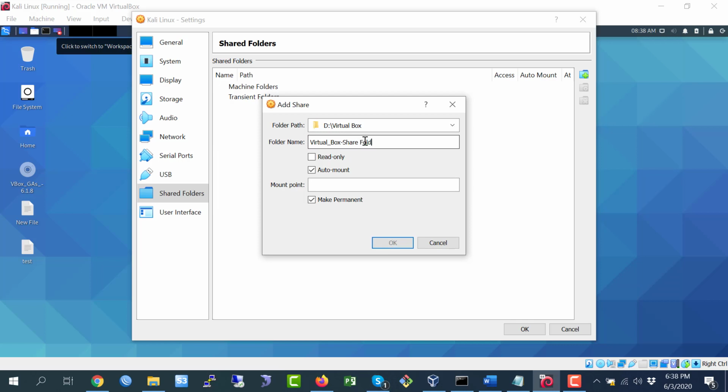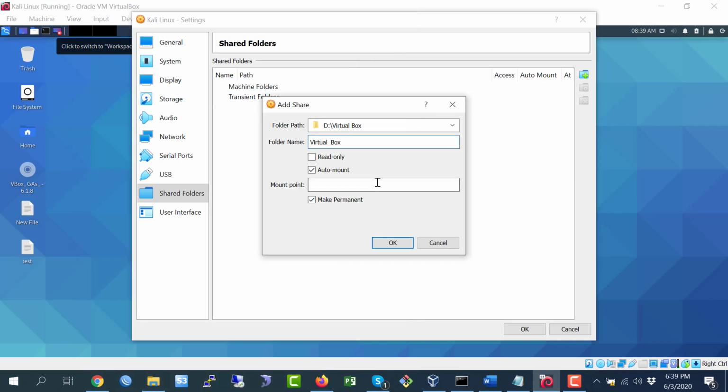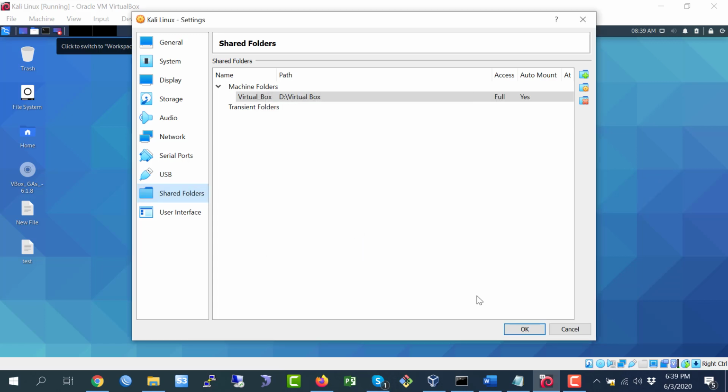I click OK because in my PC this folder name is VirtualBox, so there is no need to change it, or it is not possible to change. Then OK, and OK.